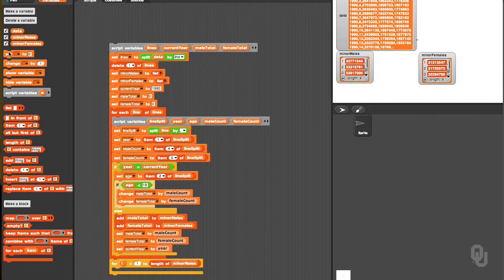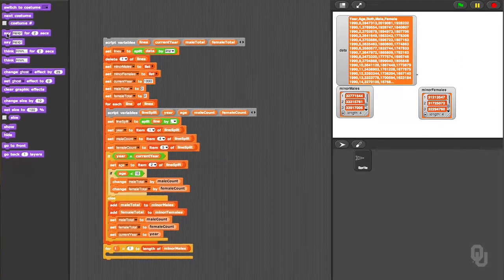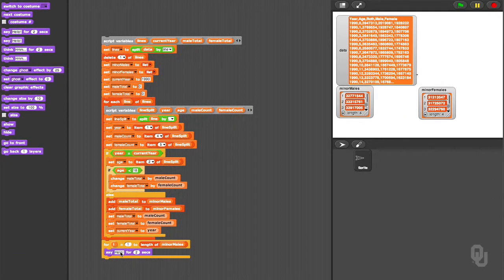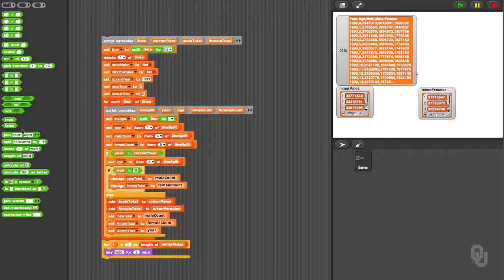We're going to say out loud males minus females to tell whether or not, it'll be a negative number if there are more females, and it'll be a positive number if there are more males, equals